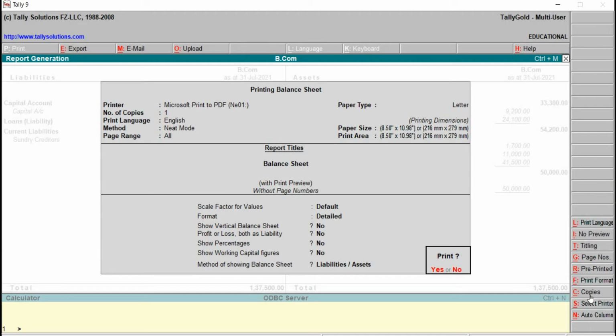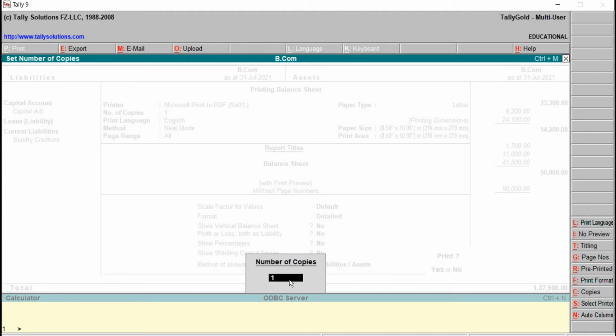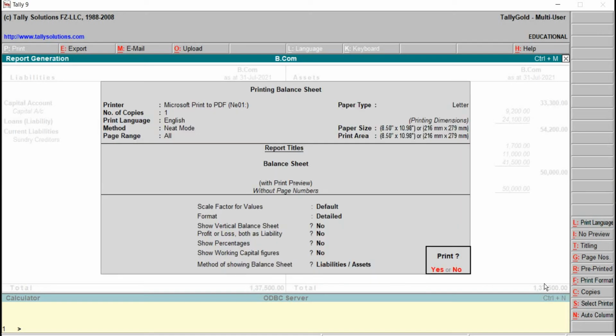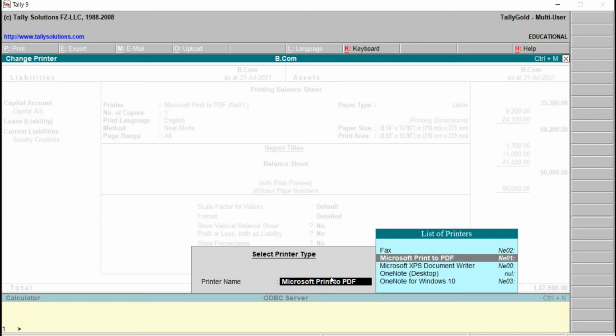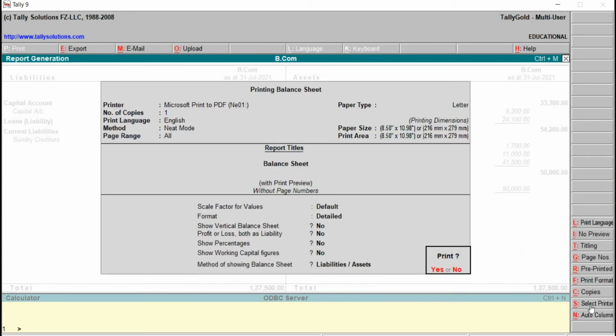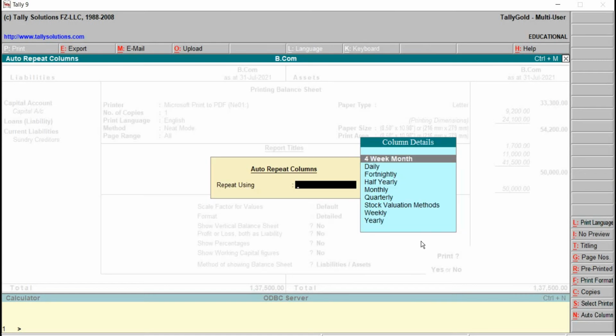Next is regarding the number of copies. Default is 1. We can make it 2 or even 5 also. Right now 1. Select the printer which is connected to the system. The name of the printer will appear here. To come out, escape. The next one is regarding auto column for the report.